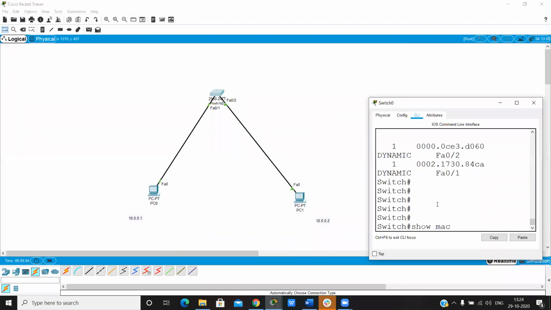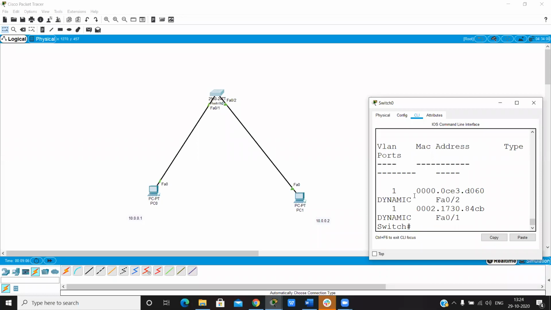Now we can enable port security on FastEthernet F0/1.